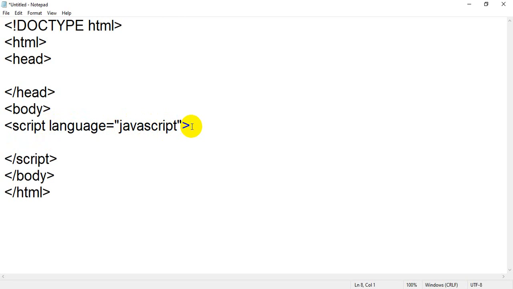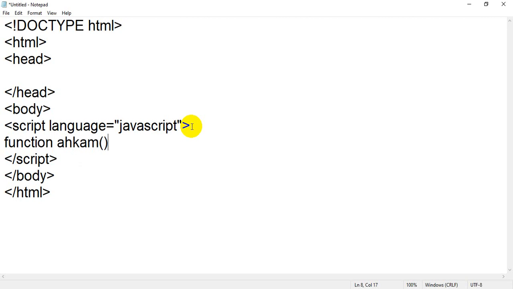Okay, now I am going to write the same code. First I am going to create a function, so the first thing I will write is function. Students, are you getting it or not? If you are going to create any function, the first thing is that you have to write function, and then you have to write the name of the function. For example, the name of the function is account.